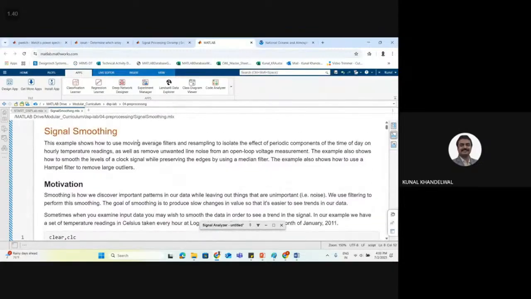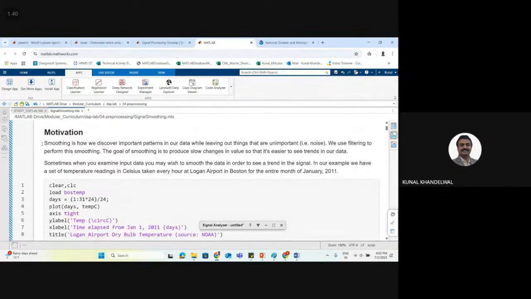In this example, we are using moving average filters, and we will resample to isolate the effect of the periodic component with respect to time of day on hourly temperature readings. Now, what is the motivation? The motivation is that the temperature is not going to remain the same, it's going to fluctuate a lot,